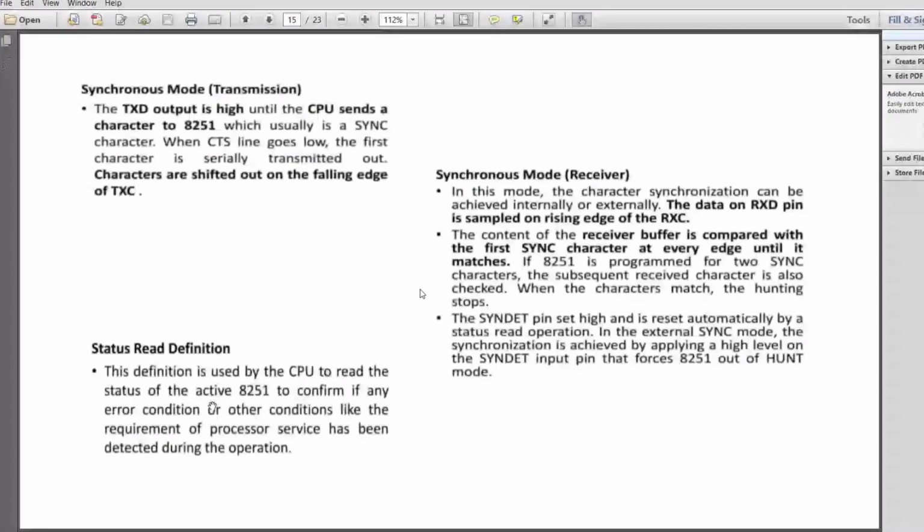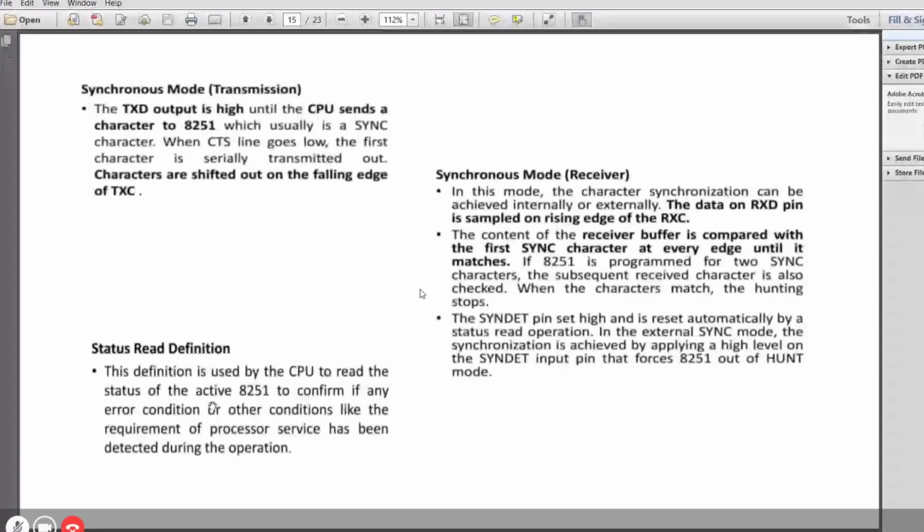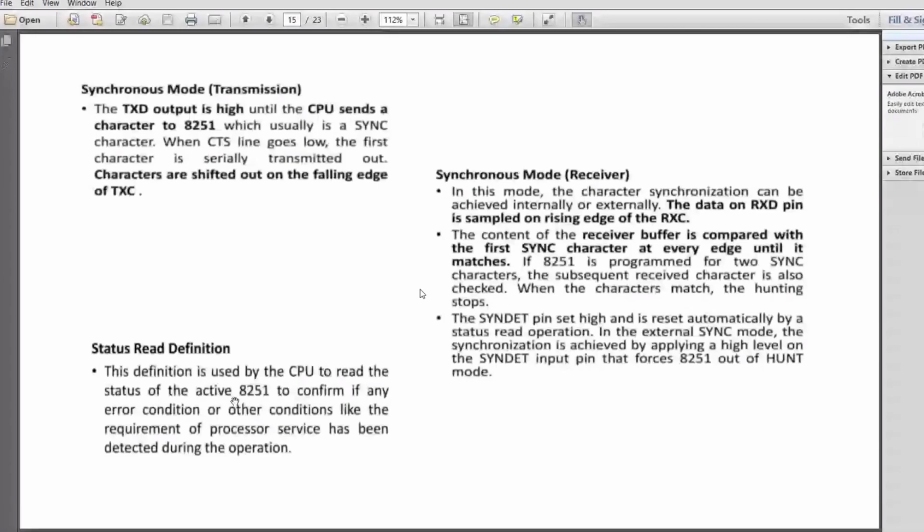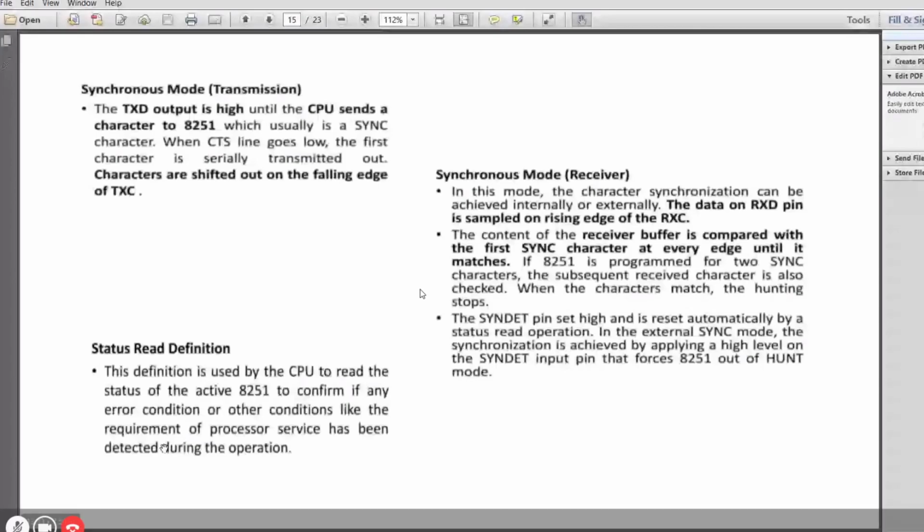For reliable transmission, for any retransmission to be done, the status should be read. So the status read is done by the CPU to read the status of this 8251, confirming whether any error condition exists. This operation, status read, is to be done often.